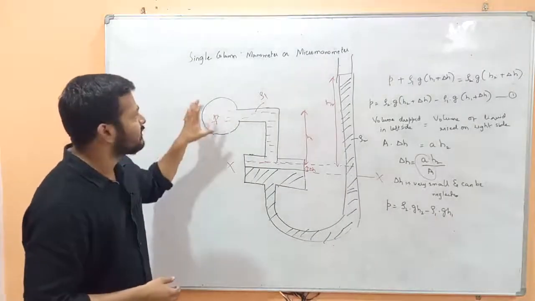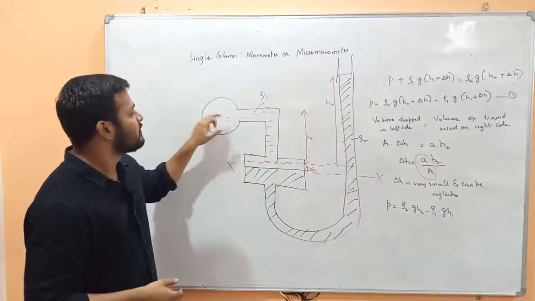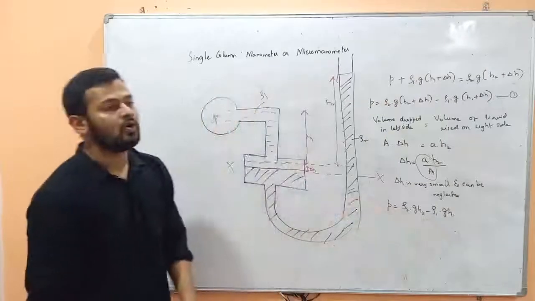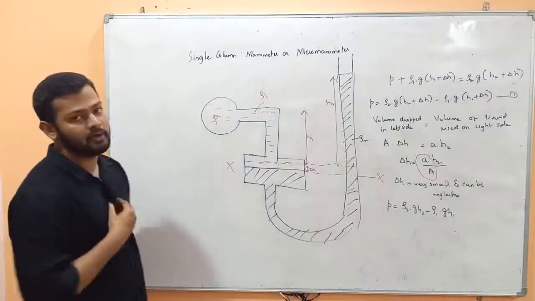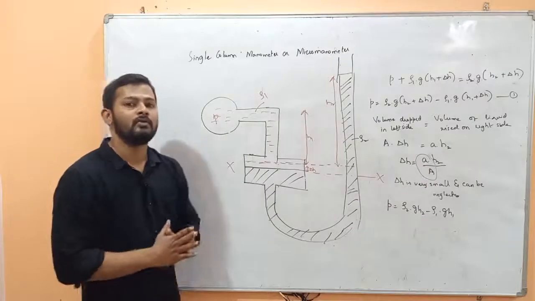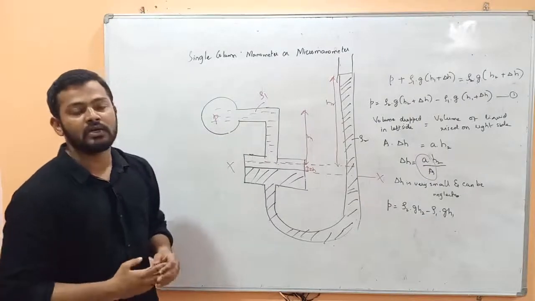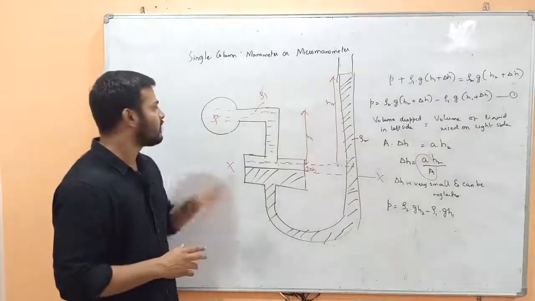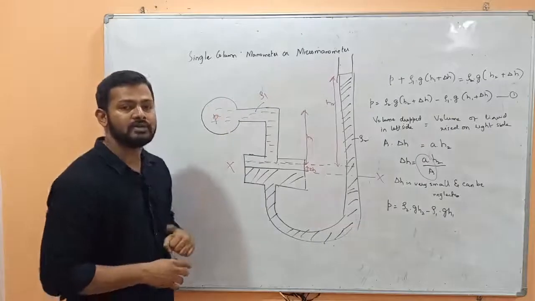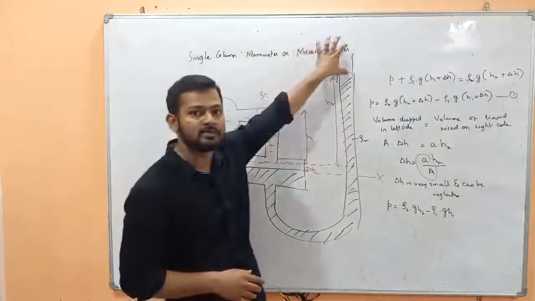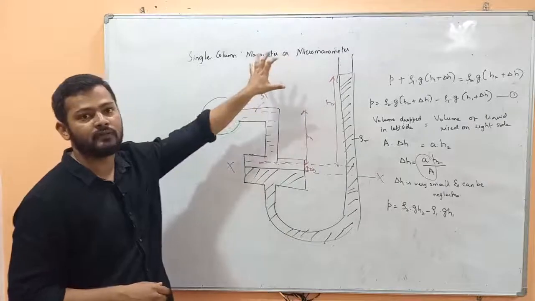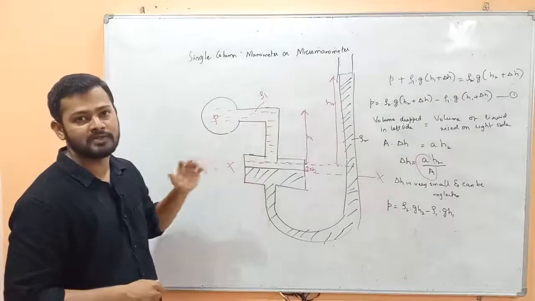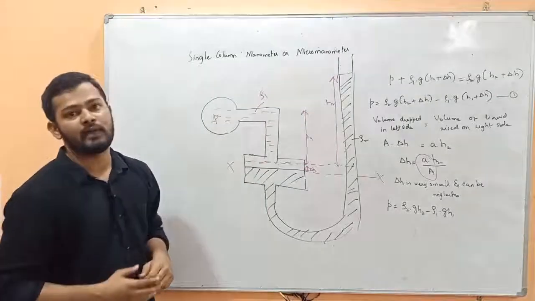The next type we studied is the single column manometer, which contains a large reservoir. Again the concept is the same, that is the balancing of pressure. So these are the different types of simple manometers, and in the next class we will be studying differential manometers, which are connected to two different points. Unlike these manometers, which are only connected to one point, one pipe, differential manometers can be connected to two different pipes, so you can measure the difference of pressure. From the name itself, differential manometer, those types of manometers are used to measure the difference of pressure.